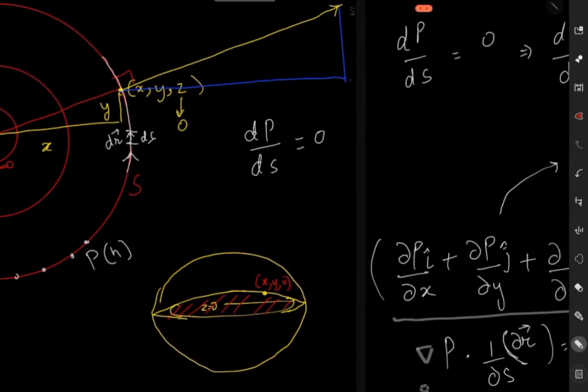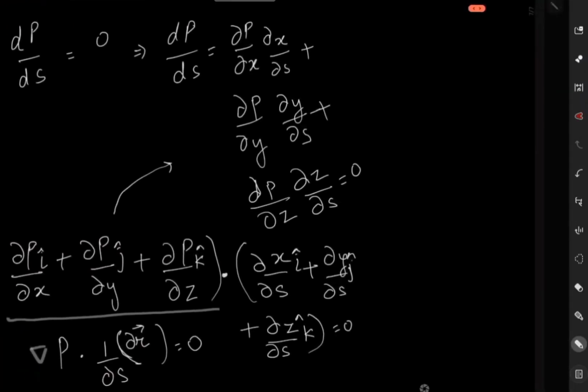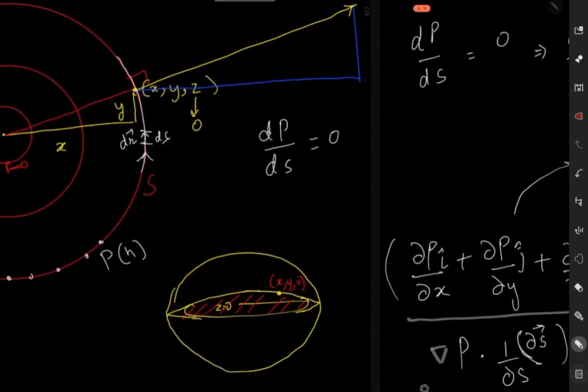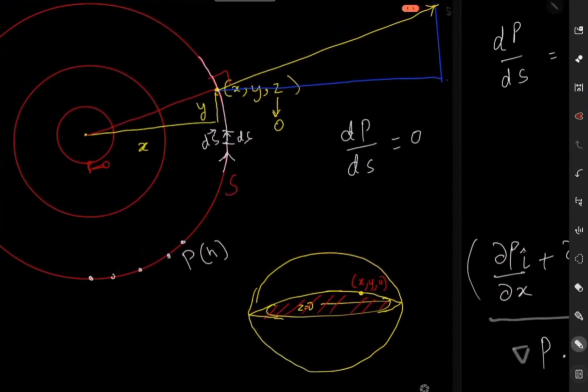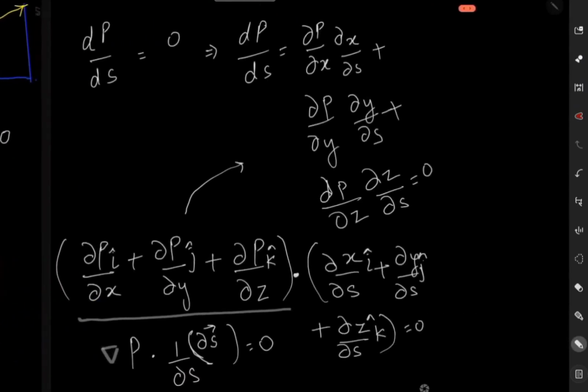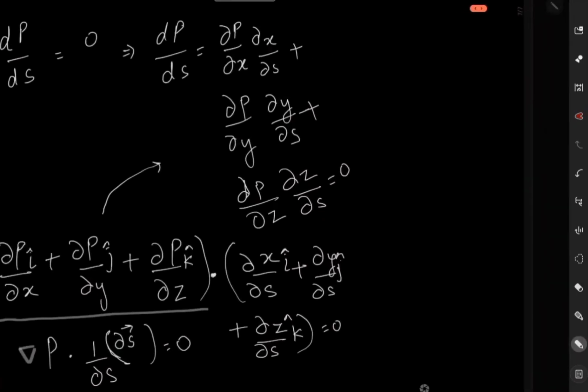The magnitude is ds, and the direction is along the tangent. So this whole thing will become